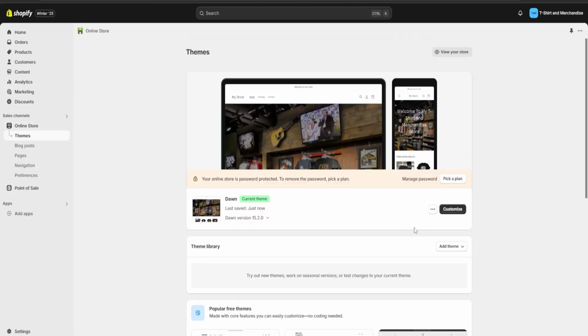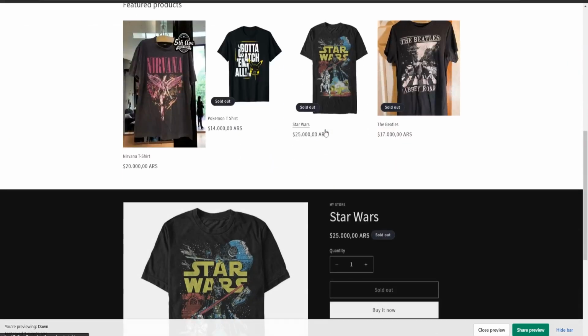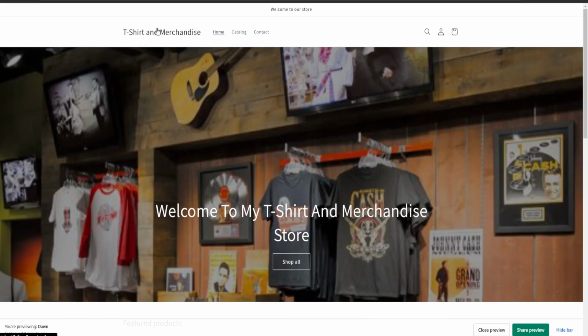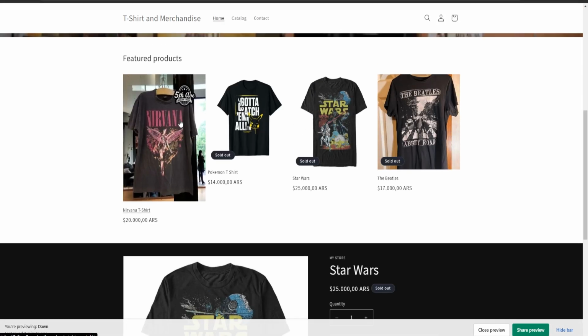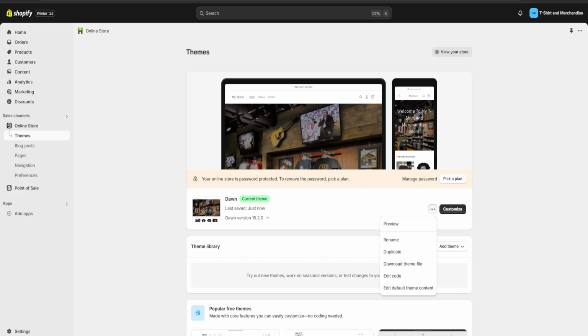again, but this time we're going to click on the three dots, we're going to click on preview, and this is going to redirect us to our website, which we're going to be able to see right over here on our header that the name of our store has now changed. If we go down, we can see that everything is set up the way we wanted. So once we are done checking our website, we are going to go back